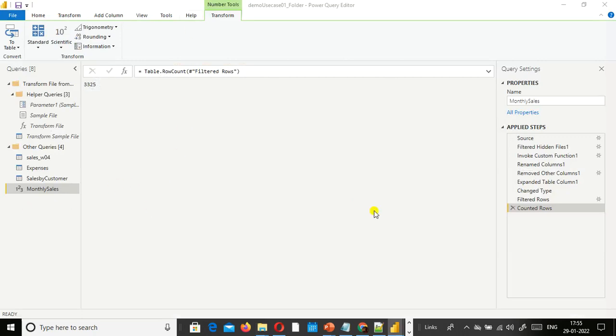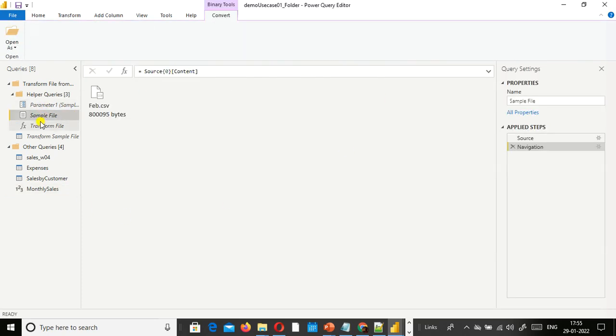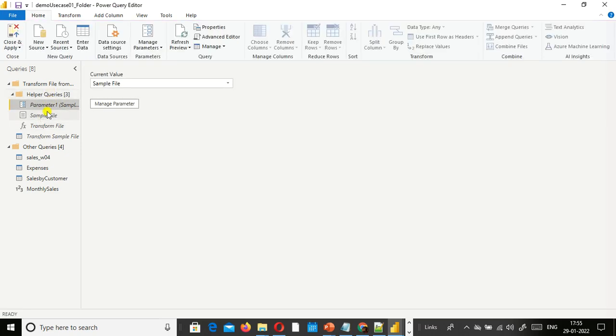I'm going to do one thing. Look here. When I combine these two files, the February and March files, automatically it created a bunch of steps here, right? On the left side, if you see queries, it created a bunch of queries.